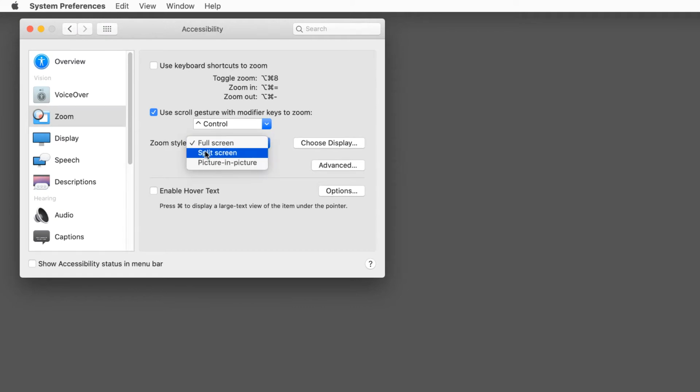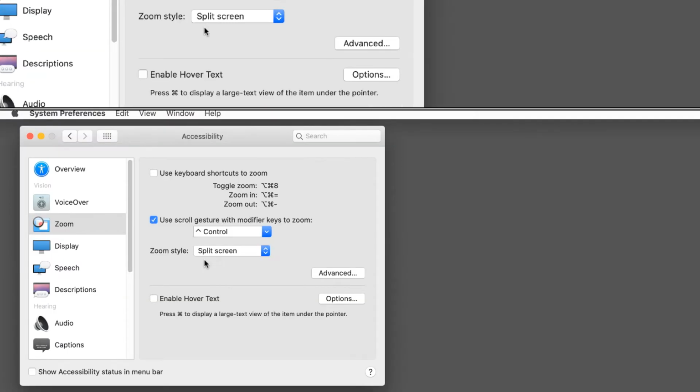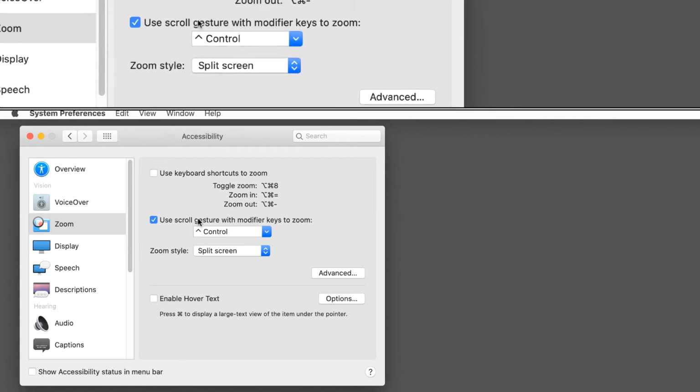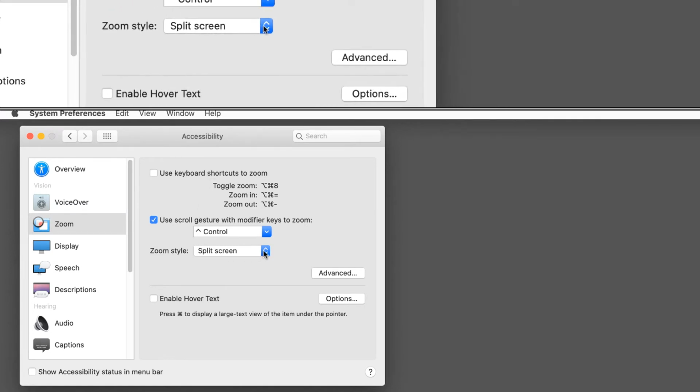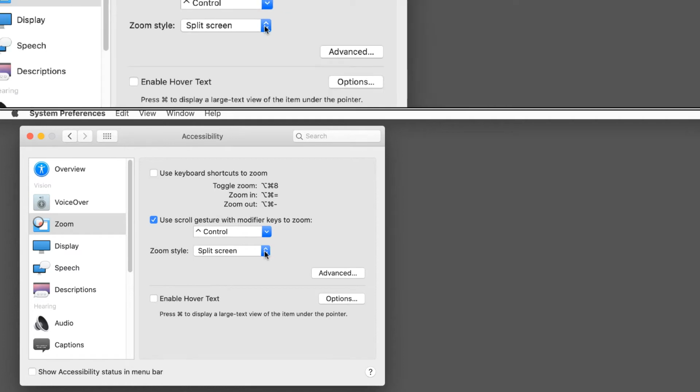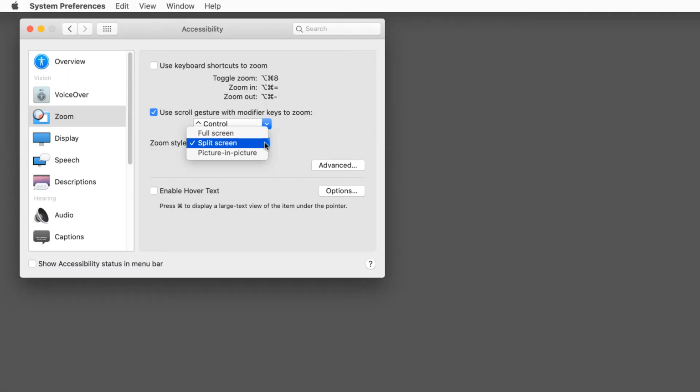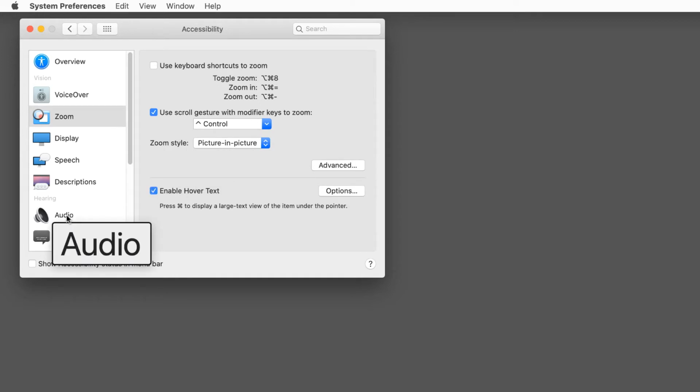Another option offers a split-screen view. You can display a large text view of the item under the pointer.